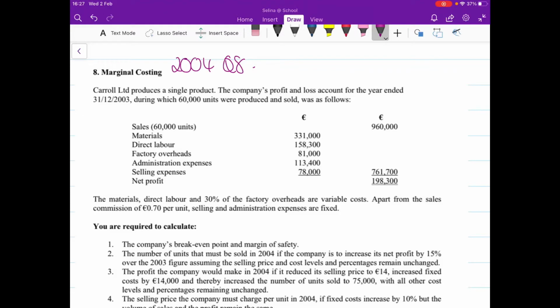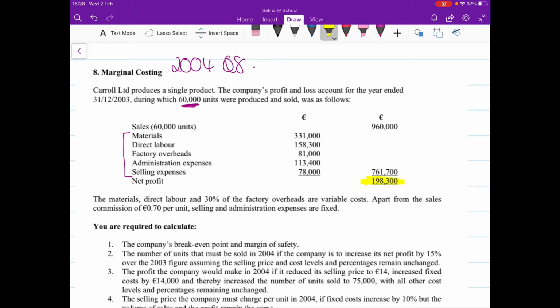Hi all, so this is 2004 and it's question 8. It's a purely marginal costing question. So it starts off by telling us that Carroll Limited produces a single product. The company's profit and loss account for the year ended 2003, during which 60,000 units were produced and sold, was as follows. And then we've got the sales at the 60,000 units and we have all these costs here as well. Okay, so they're all costs, leaving us with a net profit figure of